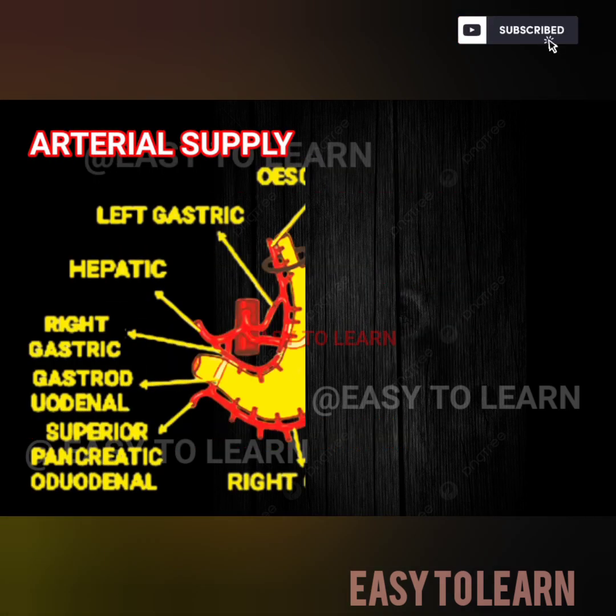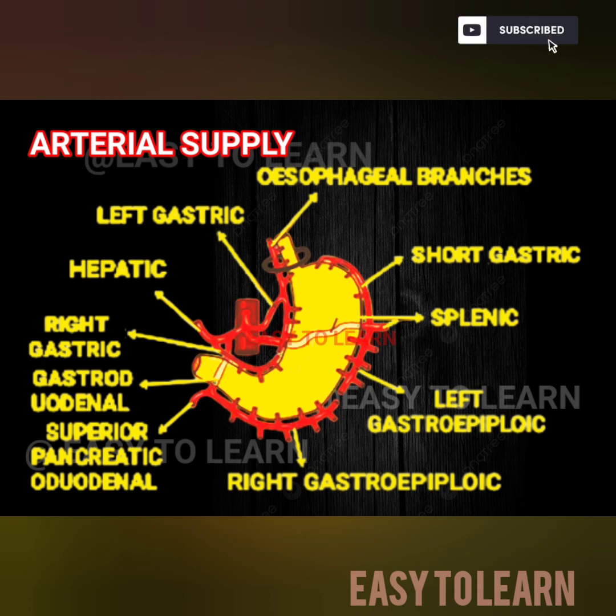Blood supply of stomach. Arterial supply. The stomach receives majority of its blood supply from the celiac trunk, which arises from the descending aorta at the level of T12 vertebrae. The celiac trunk splits into three major divisions: the left gastric artery, splenic artery, hepatic artery. The left gastric artery runs along the lesser curvature and